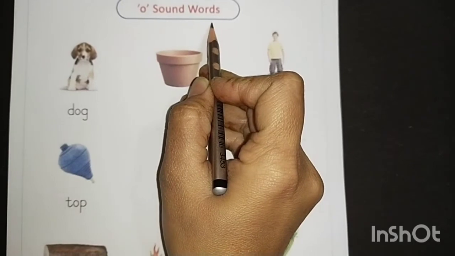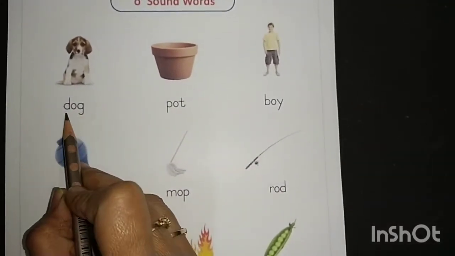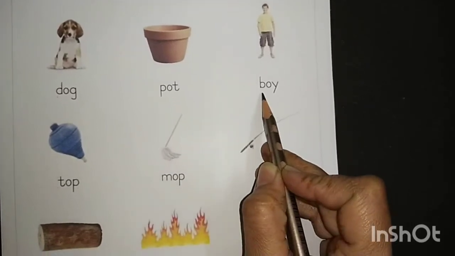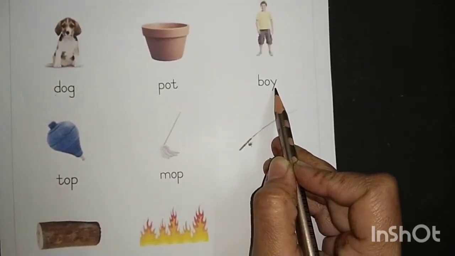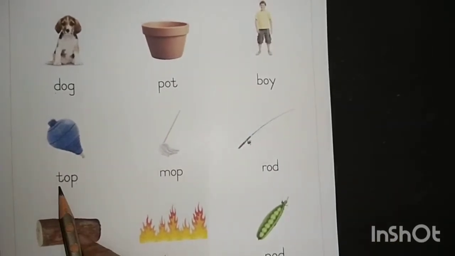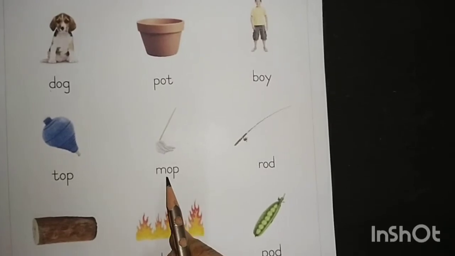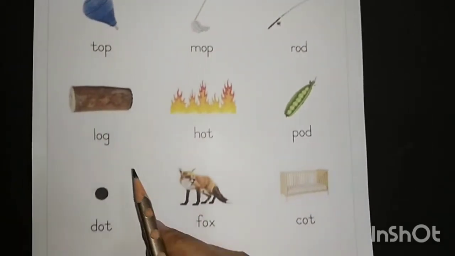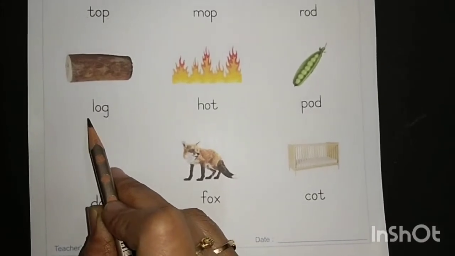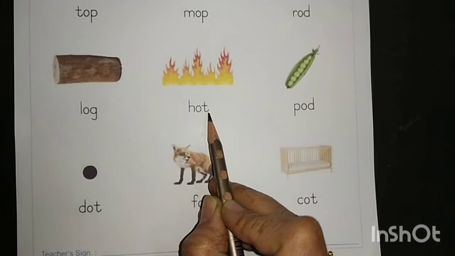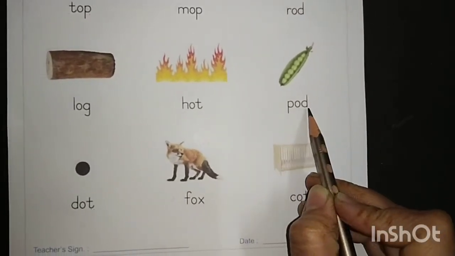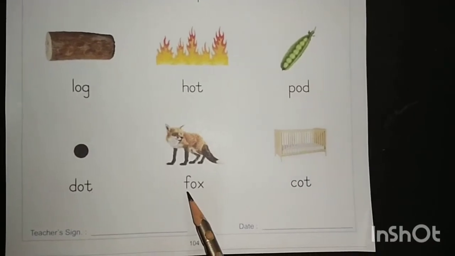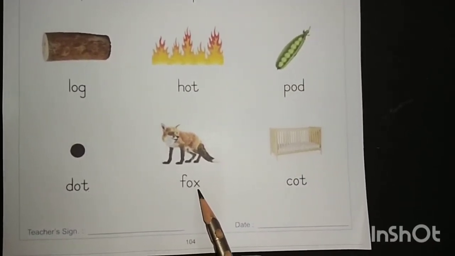O sound words: D-O-G dog, P-O-T pot, B-O-Y boy, T-O-P top, M-O-P mop, R-O-D rod, L-O-G log, H-O-T hot, P-O-D pod, D-O-T dot, F-O-X fox,